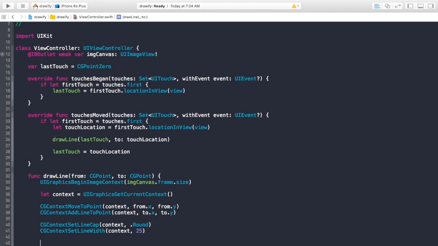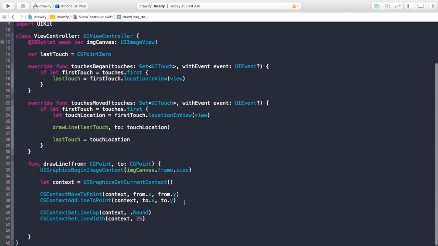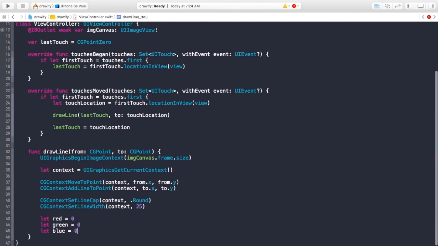And we will also set the color. So we're gonna make three constants: red, we can make that 0, we're gonna make green to be 0, and we're gonna make blue to be 0. Because yeah, computers, as I'm not sure if you already know this, but say computers or